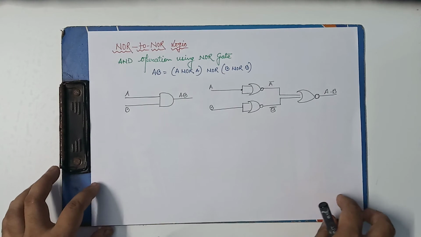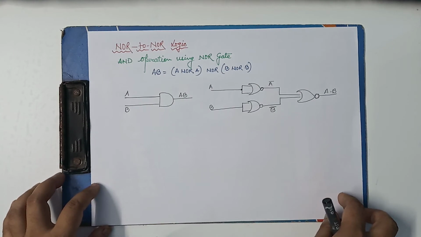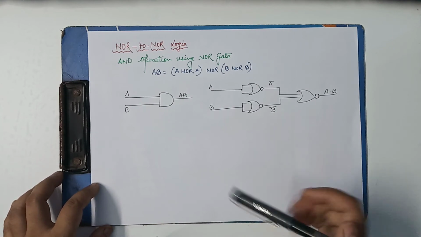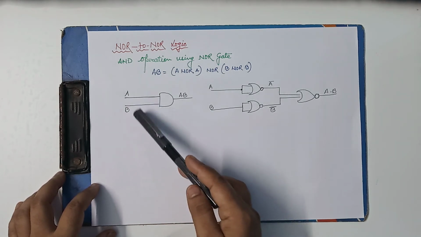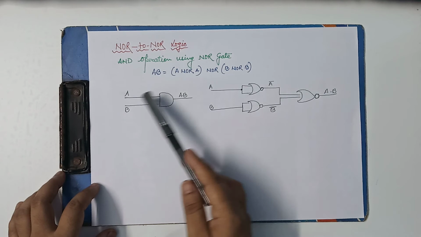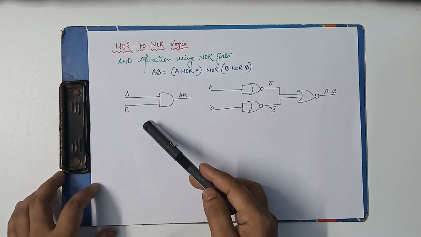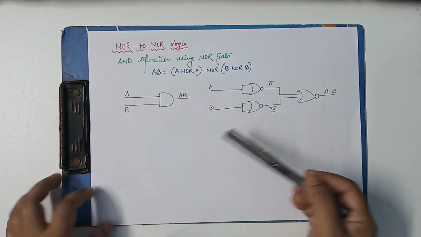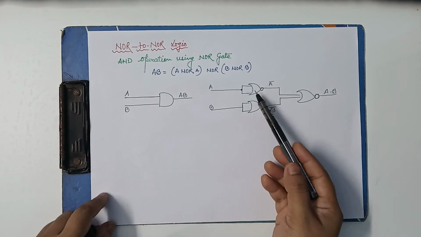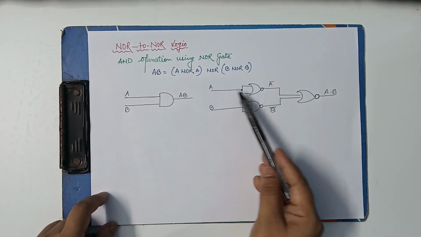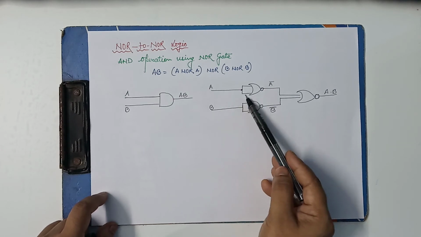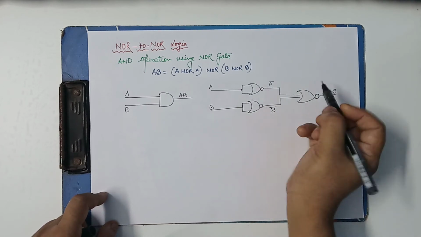Now we will see how the AND operation can be implemented using the NOR gate. So this is the normal AND operation. We have given inputs A and B, so the output will be AB. This is the AND operation. Now let us learn how it can be implemented using the NOR gate. Now you can see over here two NOR gates we have taken, which are behaving like NOT gates only. So A is only one input, so it has become a NOT. Now over here we will get